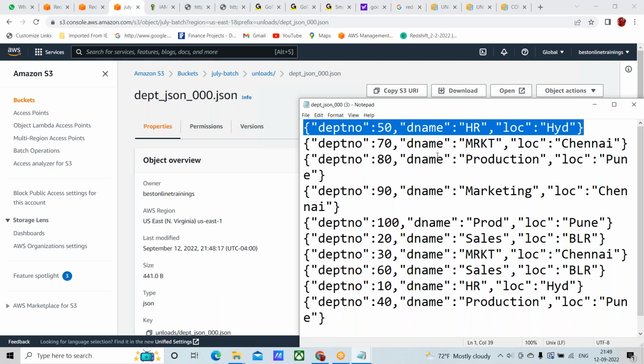Right, Somnath? Yes, yes. So if any values are null, in JSON it will come as an empty string. Sorry? If your table has one null value and we are unloading that to JSON, how will that come? Will it come as an empty string or